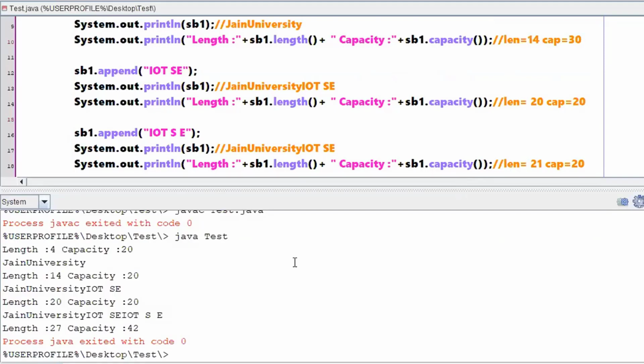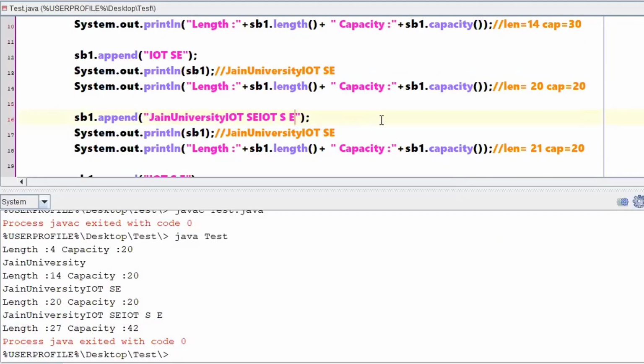So here let me add these values. Now what will be the length? Previously it was 27, now I am adding one more 27. So what will be the total value? 27 plus 27, 54, right?